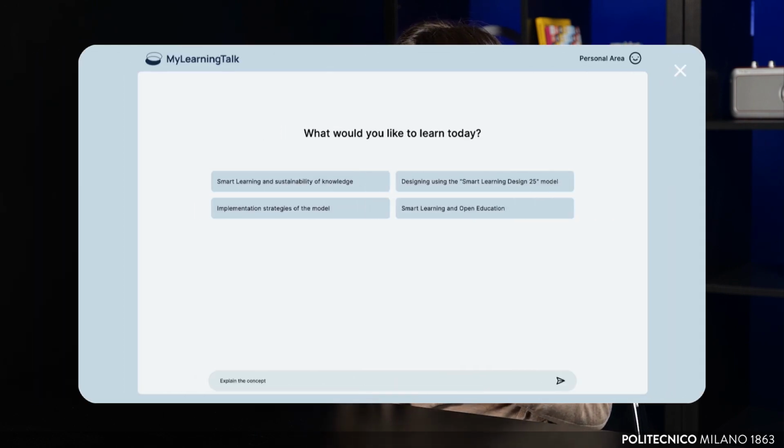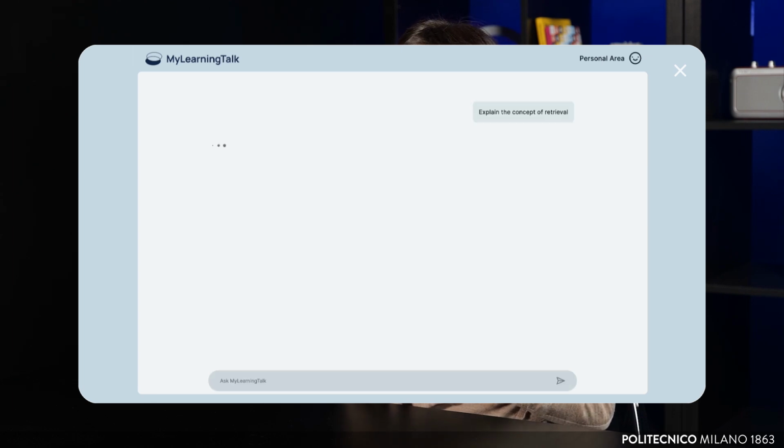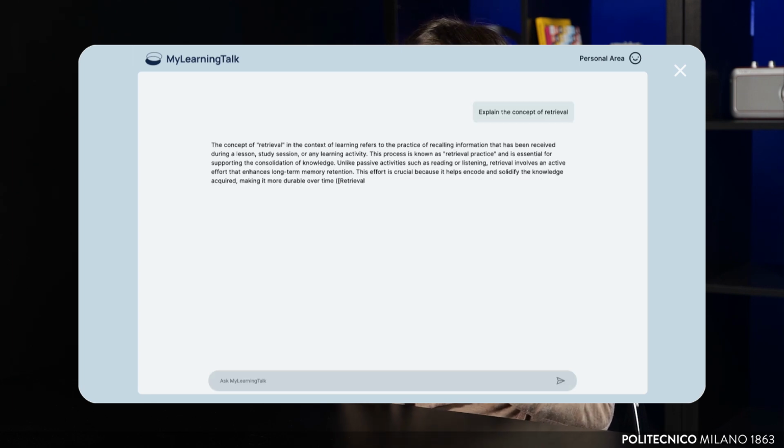This tool uses the specific and detailed course content from the Polytechnic as its main basis for formulating responses. My Learning Talk supports learning through dialogue and provides specific links to sources in different formats, such as handouts, videos, and so on. This is meant to encourage further exploration and active engagement with the content in different directions, supporting